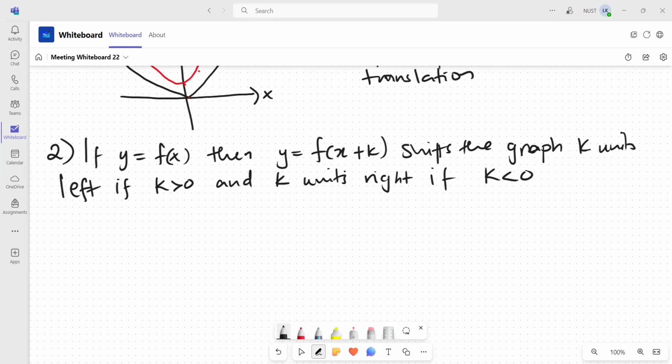Okay, so if we have the graph again, y is equal to x squared, and the graph y is